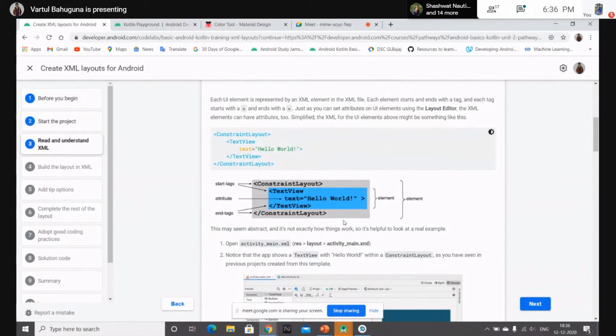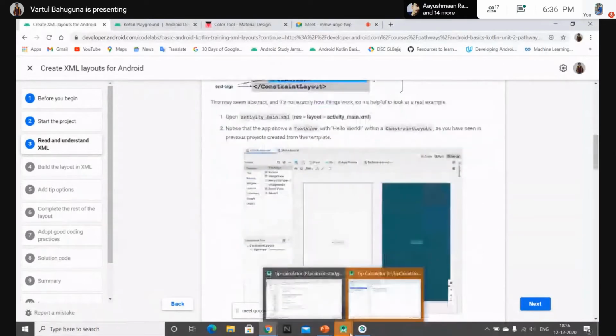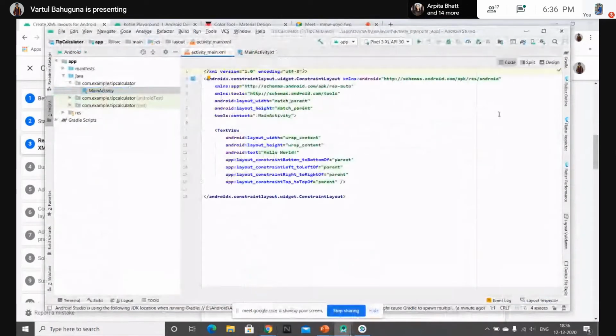This language is usually used for designing purposes. It resembles HTML that we use in web development for designing web pages. So let's see if our project is created, and get back to our code part or the layout file.